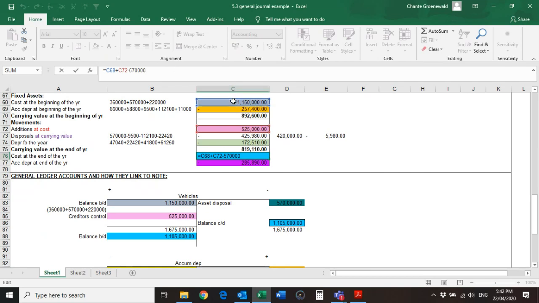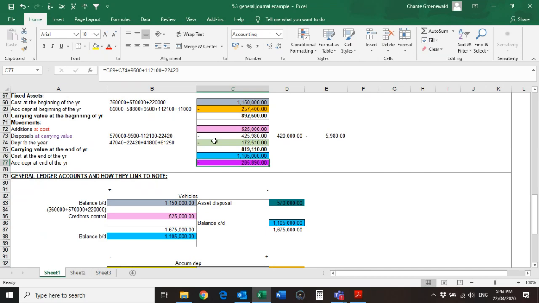So you're taking the opening balance, you're adding the additions, but then I need you to please, please, please remember to take out the asset that you sold. This is very important. So yes, you can do it exactly like this and you don't have to draw a T account, but then you have to keep in mind that in this disposal at carrying value, you also have to take out the cost price of the amount that I sold. Okay, last little bit for today. Then you can go have a breather until tomorrow.